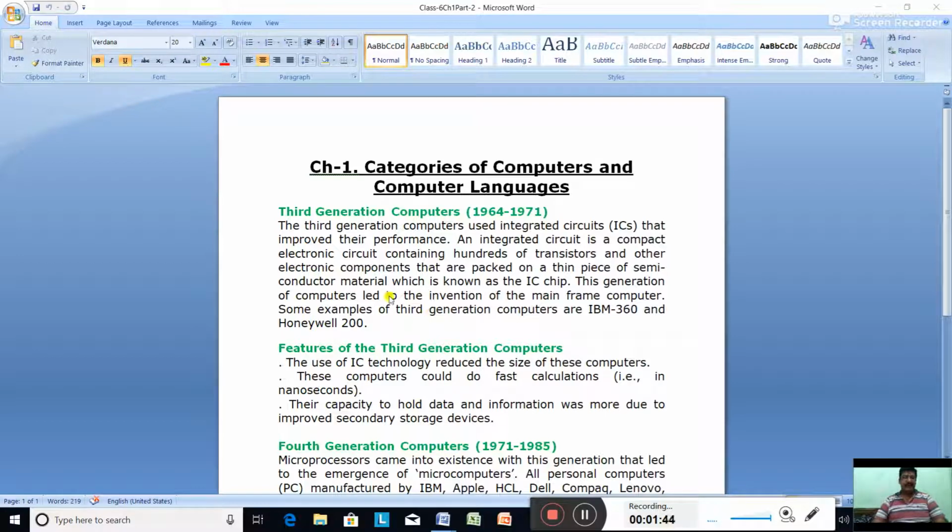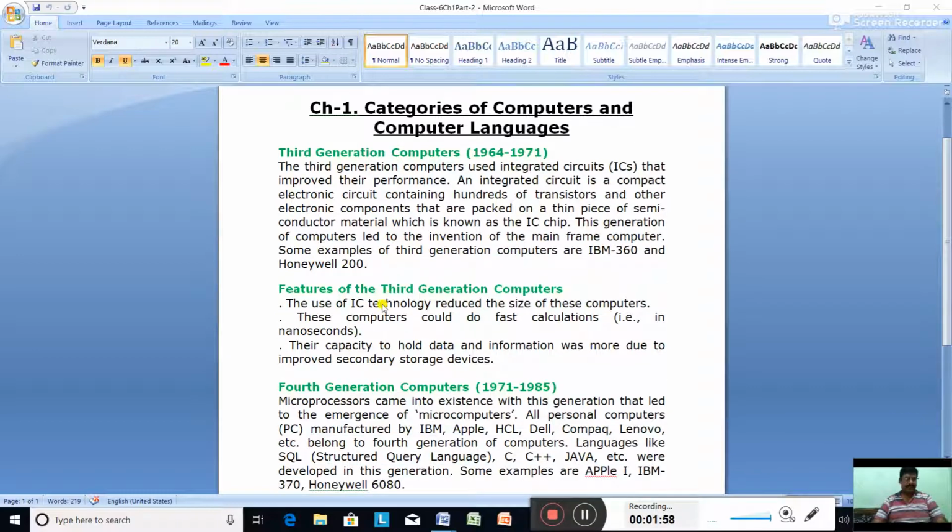Then we discuss about the features of computer. Features of first generation of computers. These computers were very large in size. Vacuum tubes was the main component, and these computers were based on machine level and assembly level language. Limitations: these computers were very difficult to operate. They needed heavy air conditioned system because it was producing tremendous amounts of heat, and these computers also consumed huge quantity of electricity power supply.